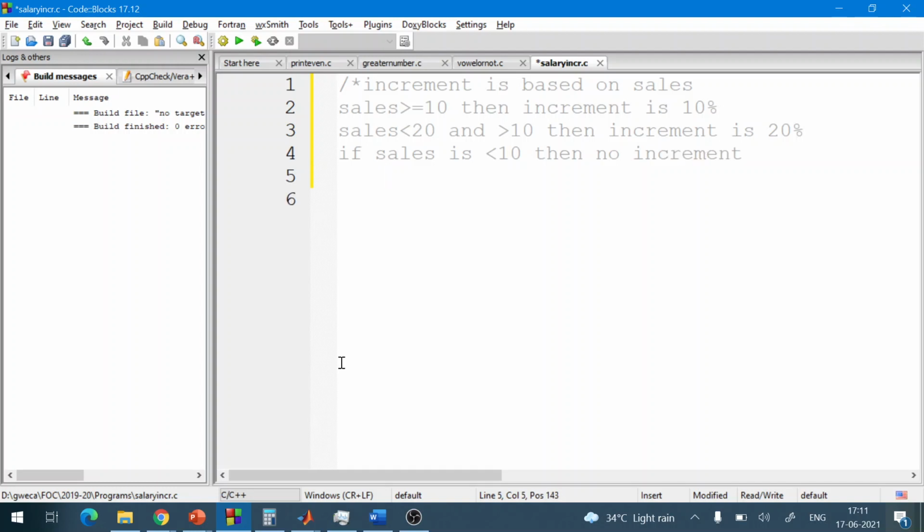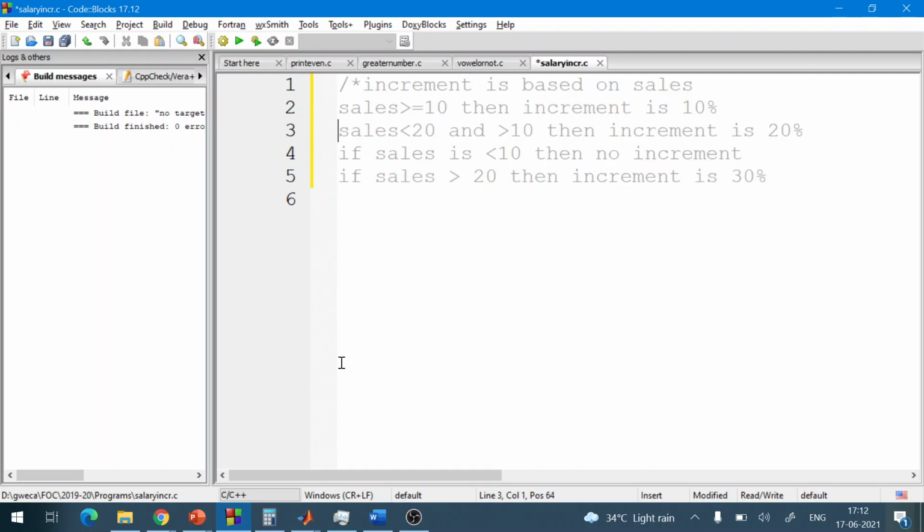or if sales are greater than 20, then increment is 30%.